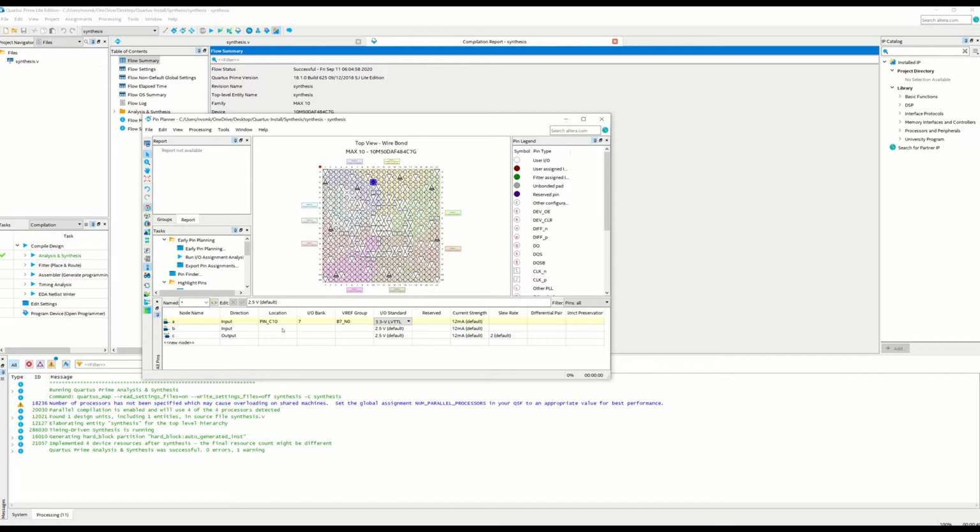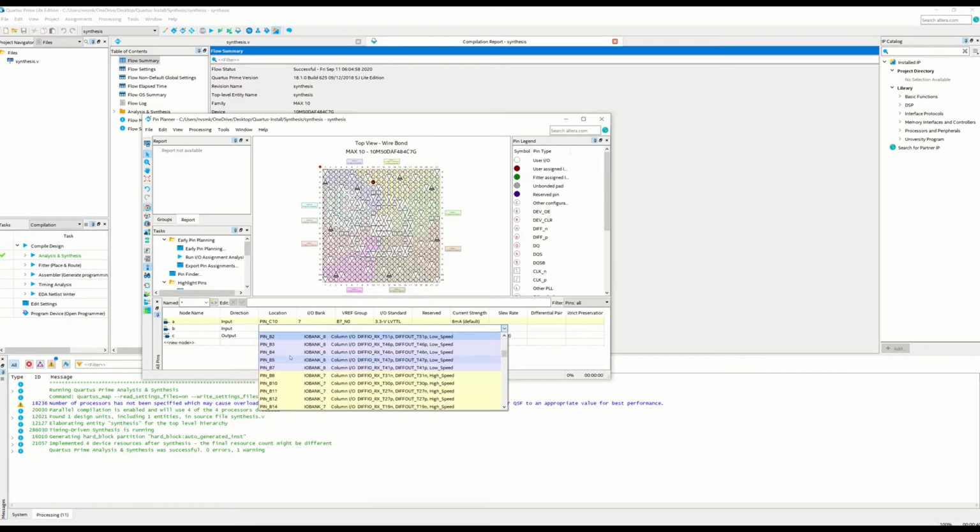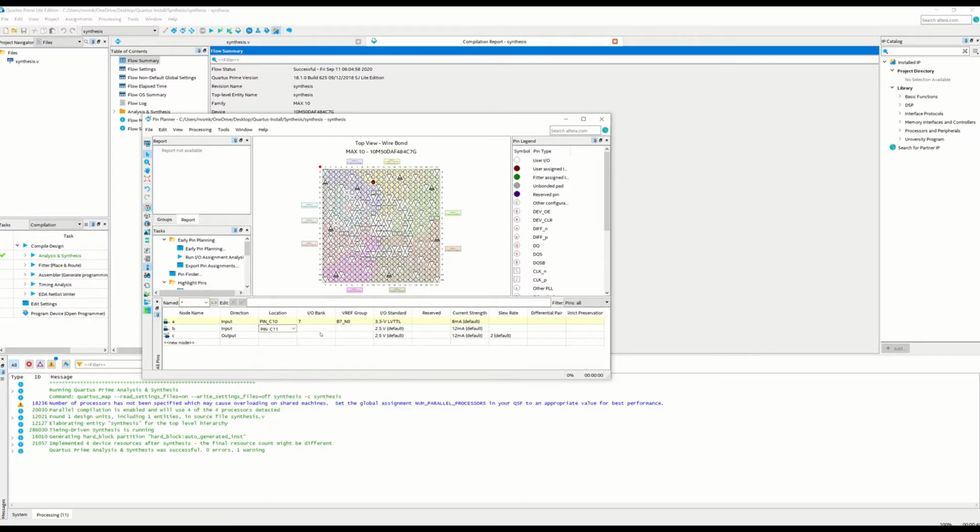And then I want my switch 1 to be input B, and I'll do the same thing here, go further down and go to C11. That's my switch. I'll change this to 3.3 volts LVTTL. To change things, you can just double press them and you should be fine. And I want my output to be LED 0, and LED 0 starts from A8.